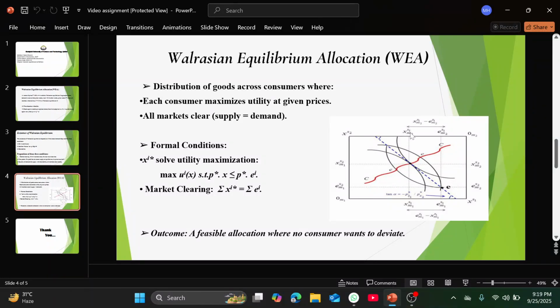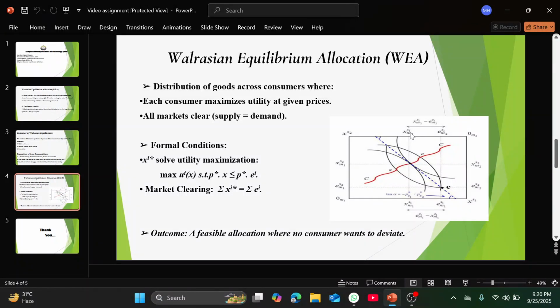From this, for the first person we can see the aggregate excess demand equals XM1 minus EM1. Similarly, for the second person, the total endowment is OM2 to EM2, and